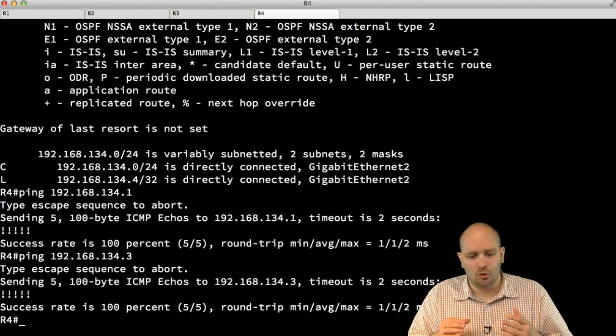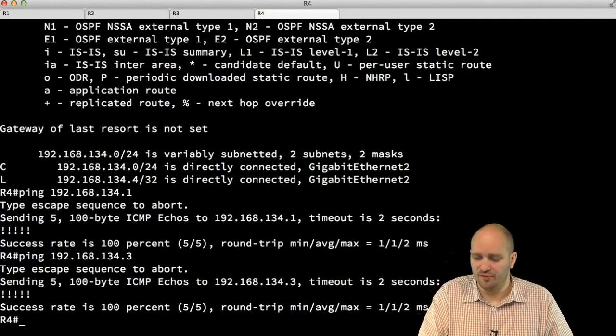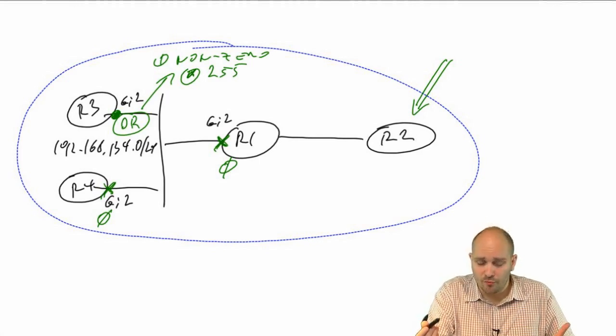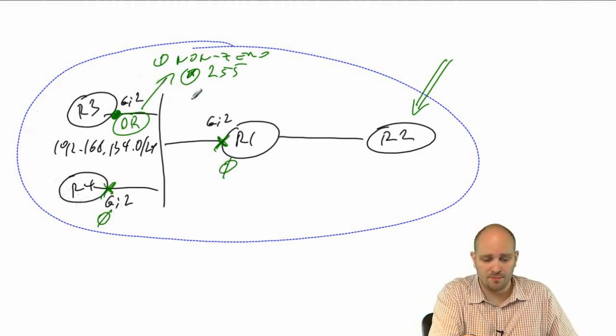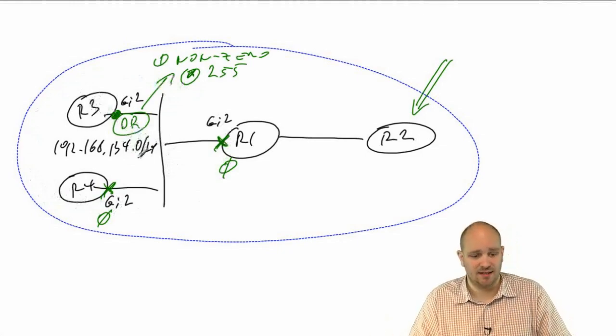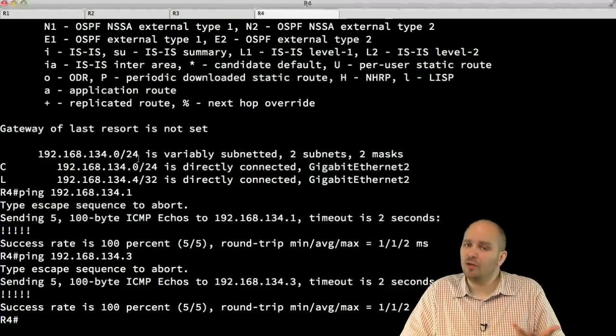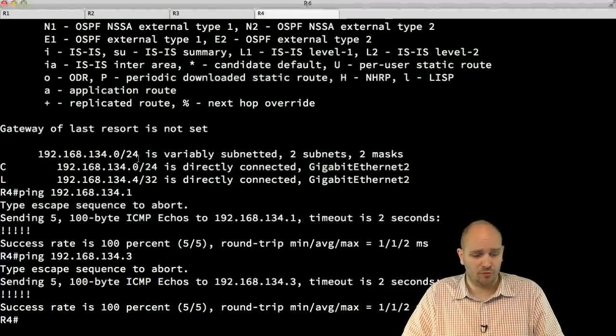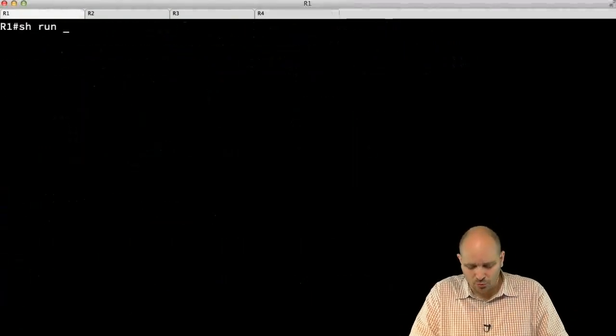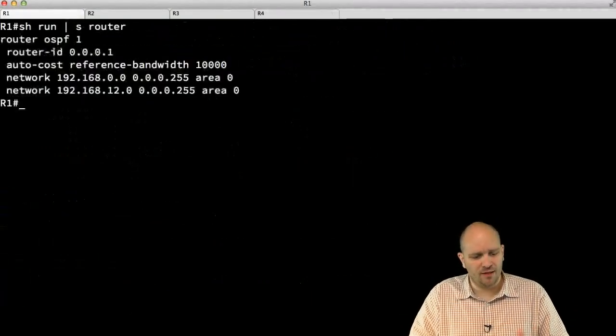Let's now configure the rest of this setup. So reminder, I want to enable OSPF here, and I want to make sure that R3 is the designated router, which means it's a very good place to start by configuring R3. But before I do that, I seem to vaguely remember that